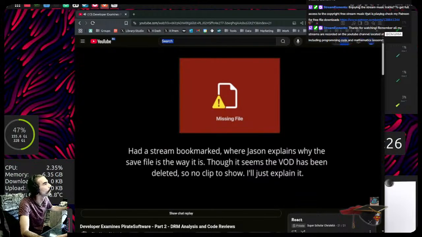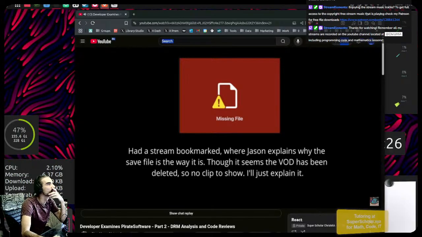So, according to Jason, he has a flat array because he wants all the values to be saved exactly the same way in the game's save file, so players can modify it. Well, his reasoning is kind of dumb. What kind of code structure you have and the save file format you want do not impact each other.